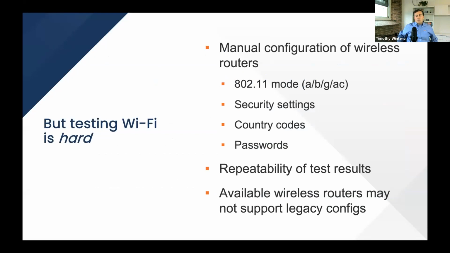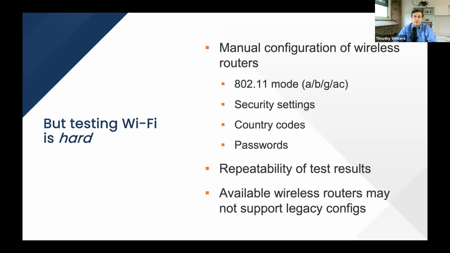Why is this so hard? Well, a lot of this has to do with manual configuration of routers. So if you are an IoT device and you're trying to connect to different home gateways, you have to set them up manually. And in often cases, this is not your Wi-Fi router, and so you don't have all the automation keywords, and you're clicking through the UI to set the security modes, whether it's going in 2.4 or 5